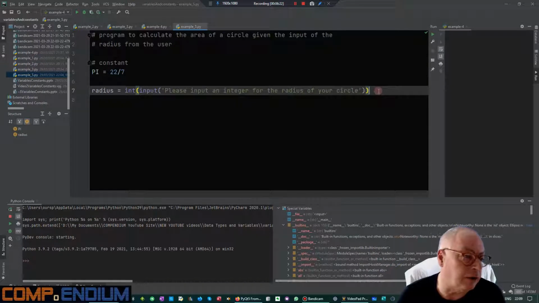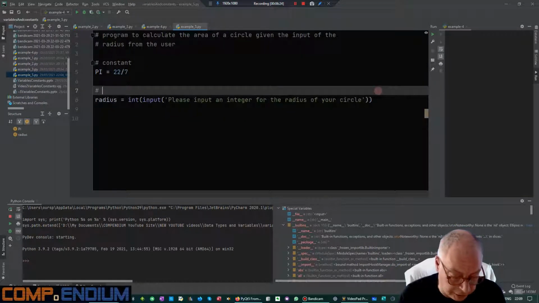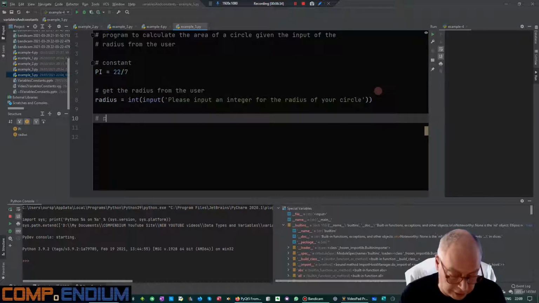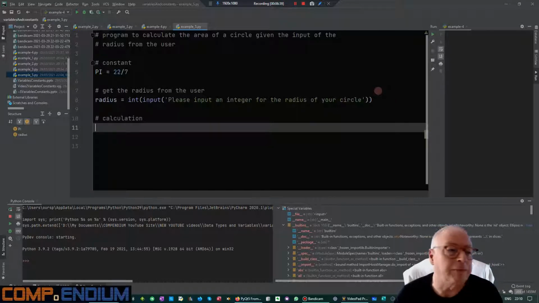So now we need to do the calculation. I'm just going to put a comment in here, get the radius from the user, which is what that line of code does, and then we're going to do the calculation. The calculation for the area of a circle, in its simplest form, is to say area. So there's another example of a variable. I've given it a sensible name, area, a space in memory which I've conveniently called area. Area is assigned the result of the calculation, which is going to be radius